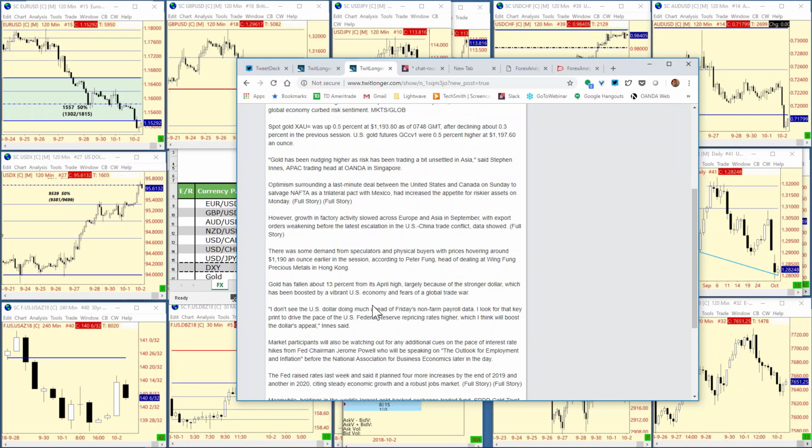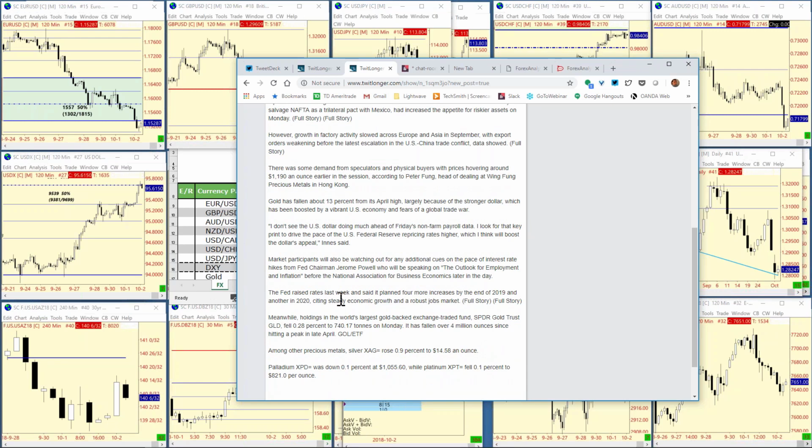a vibrant U.S. economy. I don't see the dollar doing much ahead of Friday's non-farm payroll data. I look for that print to drive the pace of the Federal Reserve's pricing of rates higher, which I think will boost the dollar's appetite. Market participants will also be watching out for additional clues on the pace of interest rate hikes from Fed Chairman Jerome Powell, who will be speaking on the outlook for employment and inflation before the National Association for Business Economics